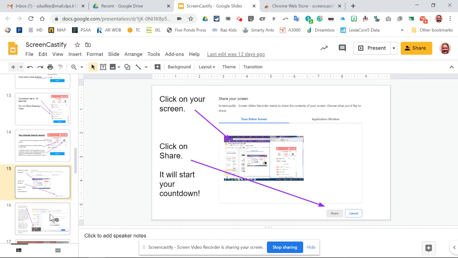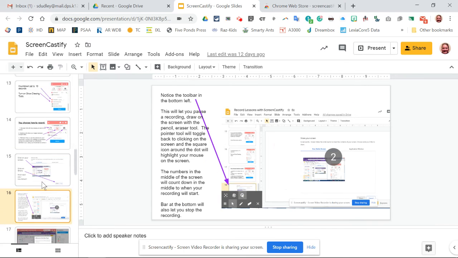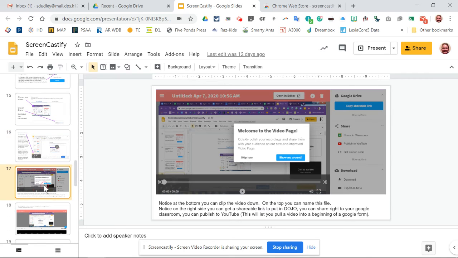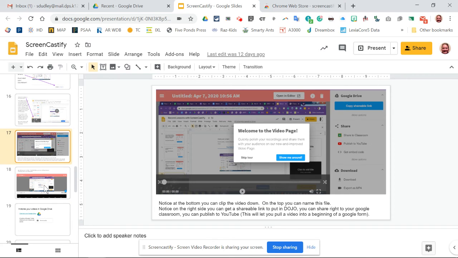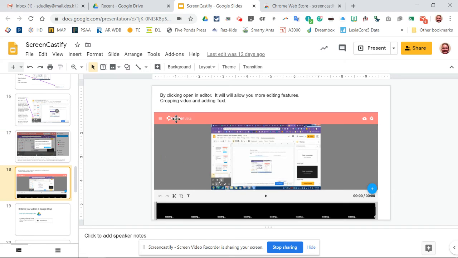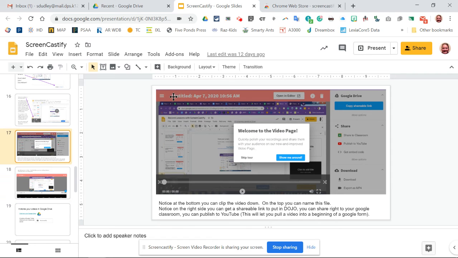And so that's basically all of Screencastify. Let me click through here and make sure there's nothing else. All right, so at the end, which I'm going to do in just a minute, when I hit stop sharing, it's going to bring up this page, which once I do that, you're not going to be able to see it because I have to end my recording. But what happens is at the top, you're going to click here. Well, let me go back for a minute. You're going to click up here,